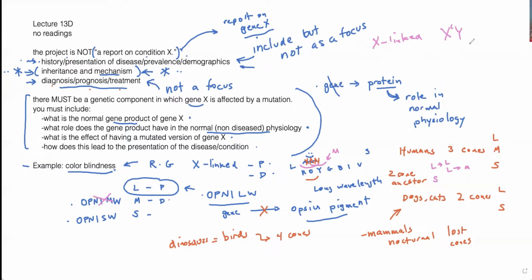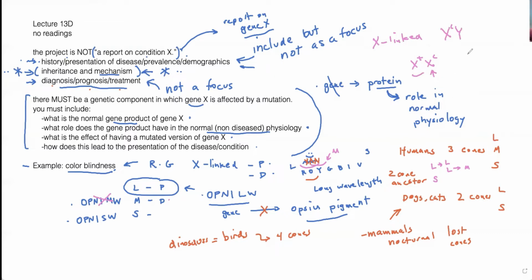And if you're a female, however, you have the opportunity to have a regular, normal opsin-producing gene to fill the gap, to make up for the presence of the mutant gene, and therefore females, even though you're carrying the gene for color blindness, are actually color sighted because you've got the good copy on the other X chromosome,